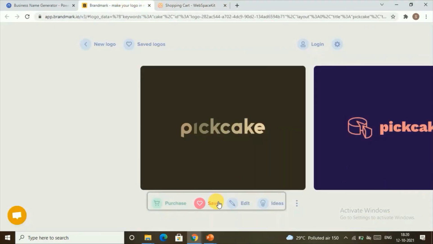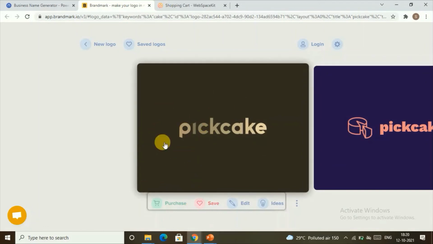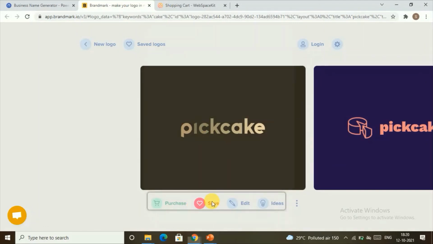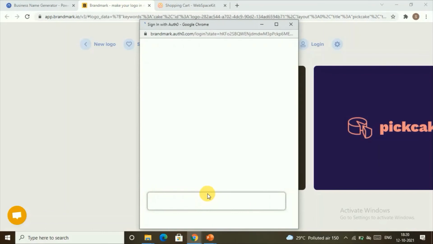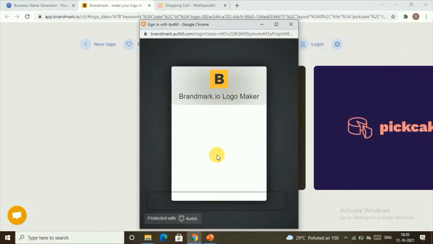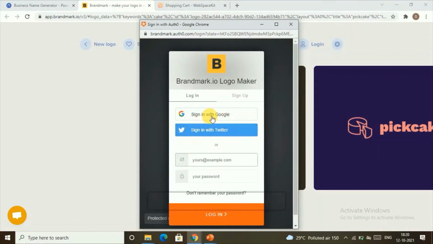And then in order to get this brand name for your business, you can just click on save, and here it will ask you for your Google mail ID and all. Once you give your mail ID, you will receive an email, you will receive this logo in mail.